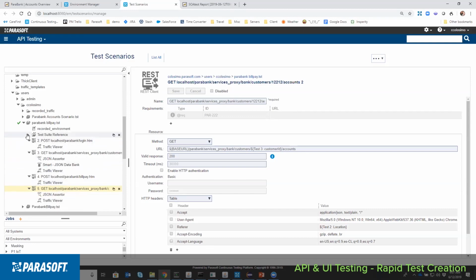This applies for not only assertions, but databank, as well as any reference tests. So in this case, I know there's some setup that needs to be done to test this API. I trained the AI that information earlier, and it automatically picked it up. Then this significantly decreases the effort that it takes to get into API testing and build rich and meaningful API tests.